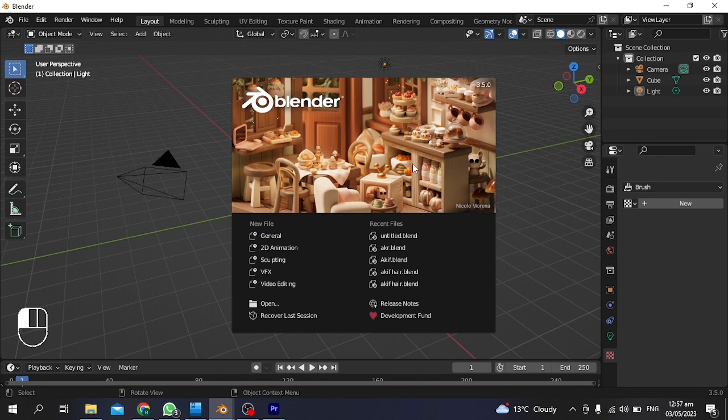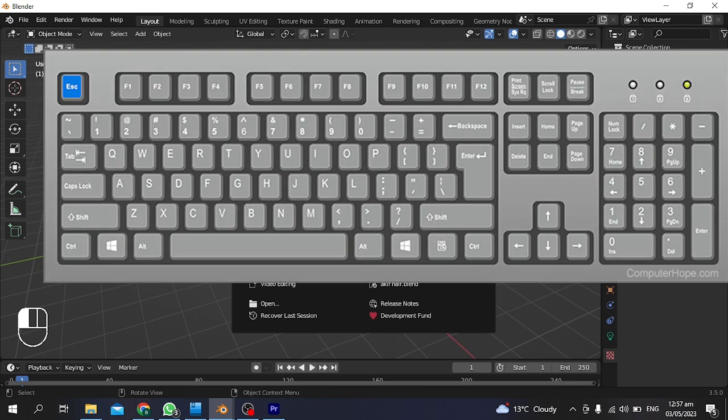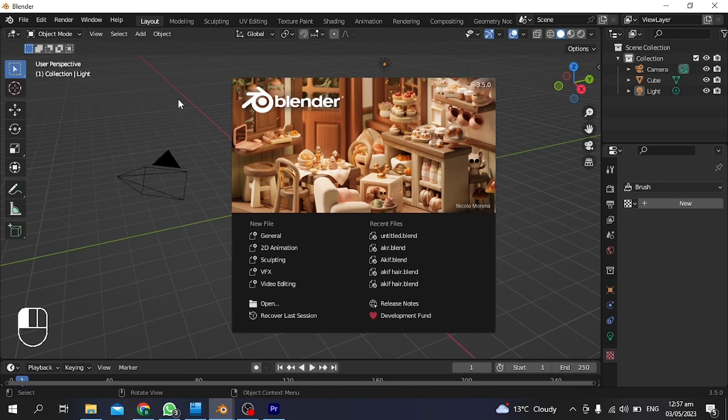To close the splash screen and start a new project, click anywhere outside the splash screen but inside the Blender window, or press Escape from the keyboard. The splash screen will disappear,